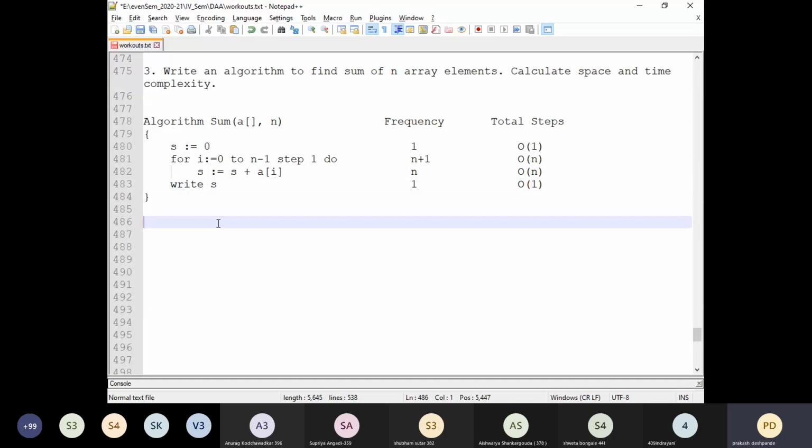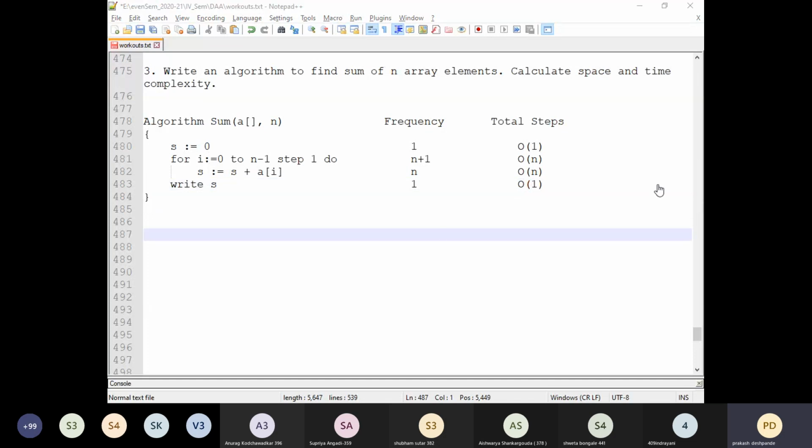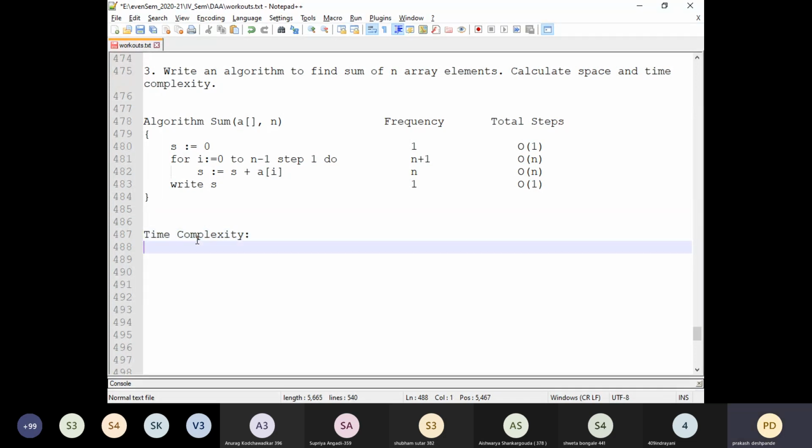Now let us summarize and calculate the time complexity. Time complexity here, I can write T of sum equals to. There are different ways. Yesterday I showed you one method, directly writing big O of n. But in this example, let us see the other way.